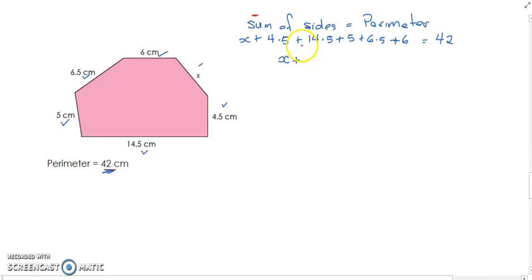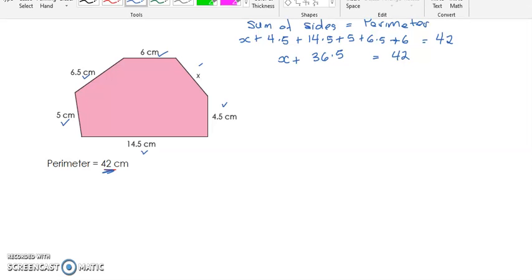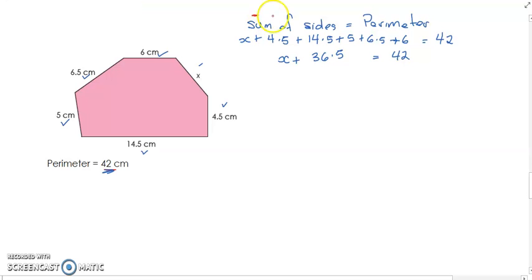So when we add all of them, we are going to get 36.5. You can add them, line them up and add them. And we know x plus 36.5 is going to equal 42. All right? Now we know from algebra that we want to get the x by itself. So we are going to subtract from the left-hand side. We're going to take away the 36.5, and we have to do the same